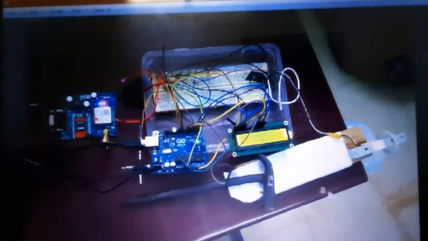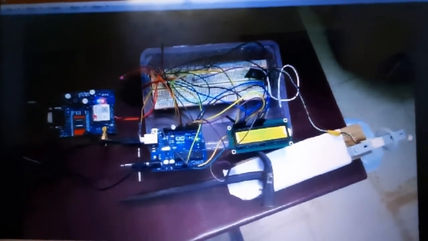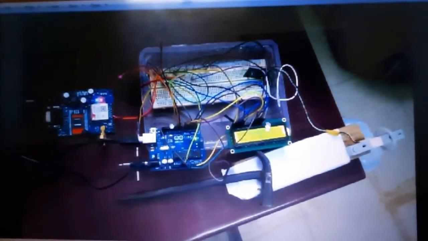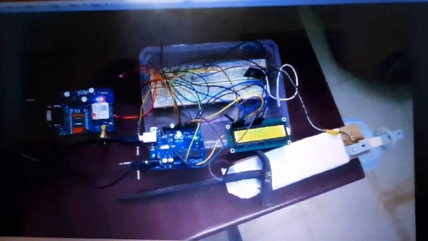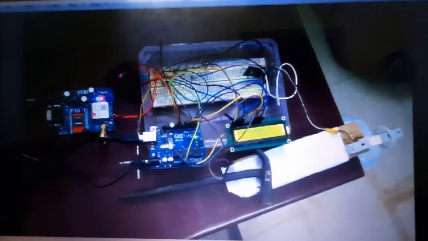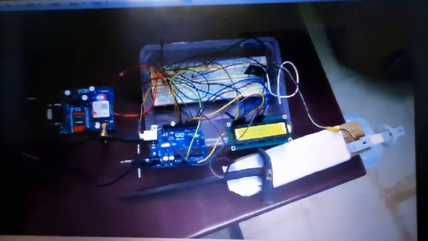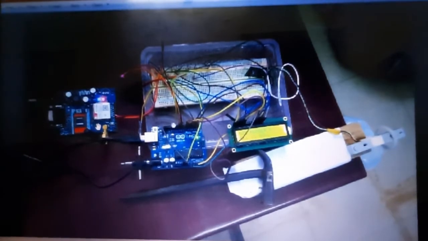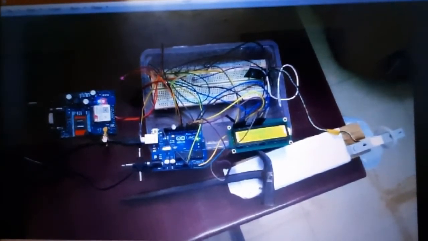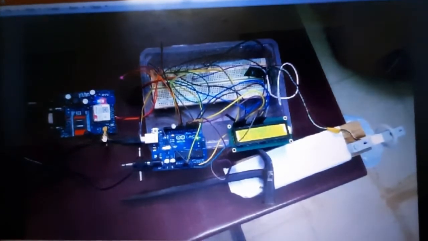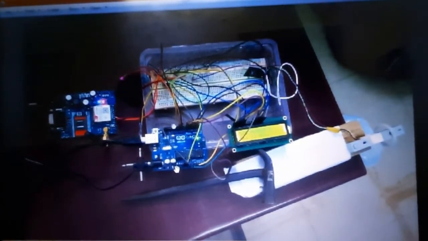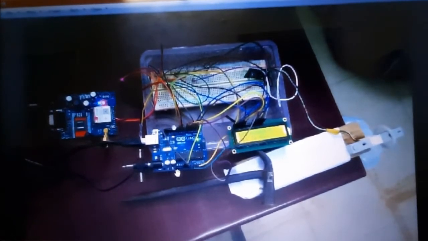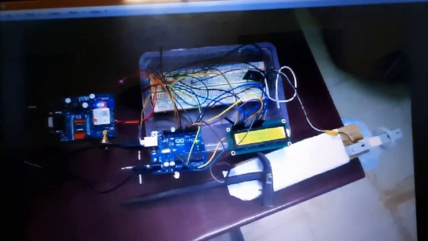Basically the principle is, as the weight of the saline bottle decreases to a threshold value, the load cell will detect its weight, and it will send some information to the Arduino, and an alert will be sent through the buzzer as well as the GSM module, where an alert, let's say some call or some notifications like text or message, will be sent to the respective numbers of the doctors or nurses, so that they will have information that the saline is discharged, and they can monitor the saline status directly through the web page.